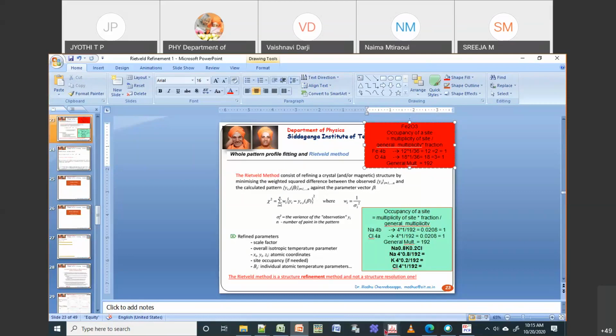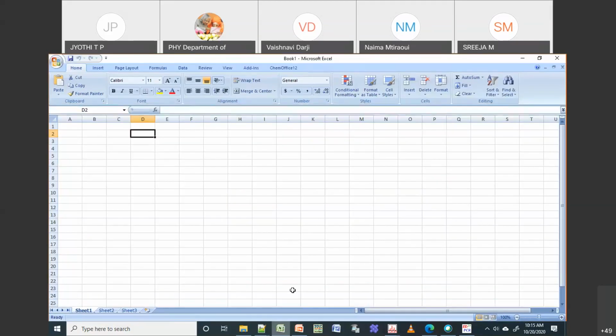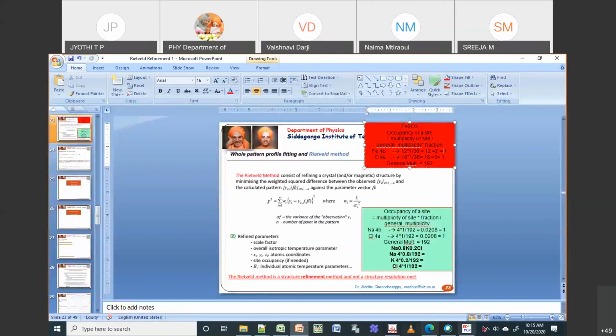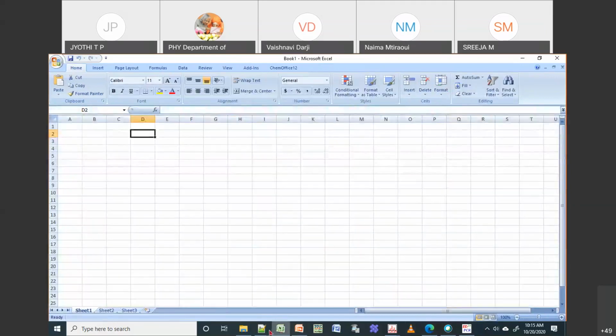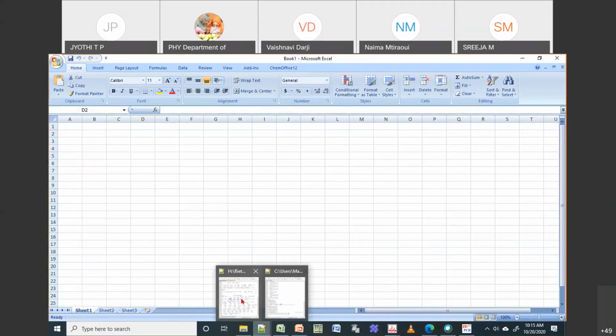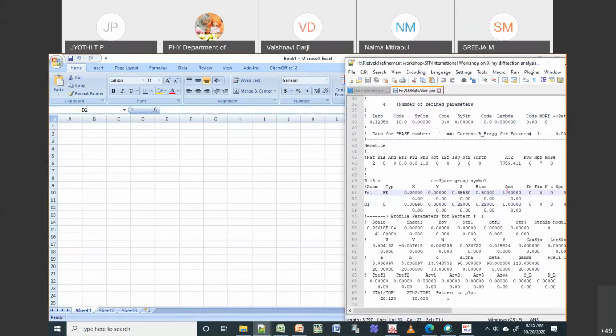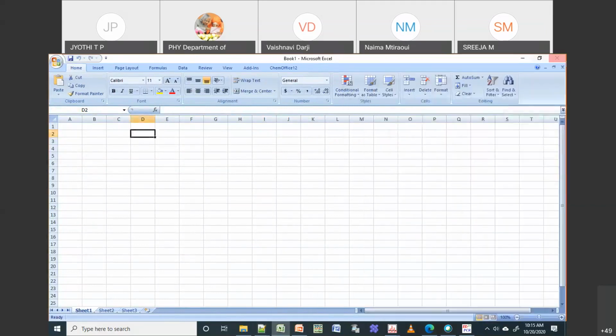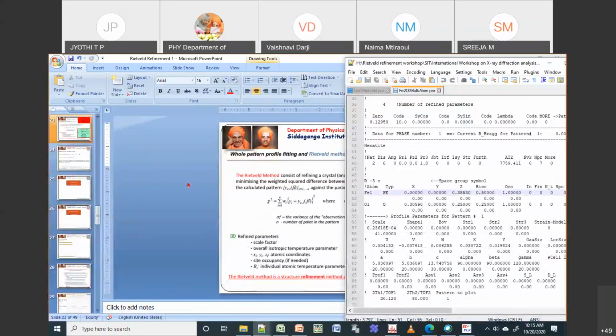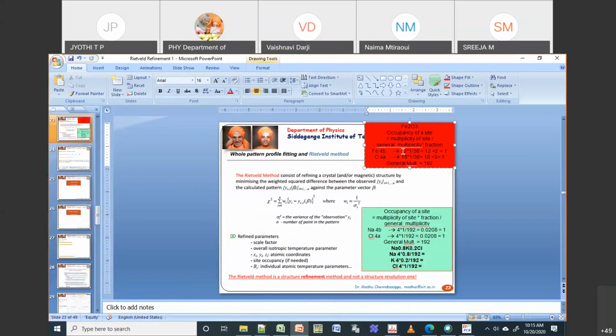This is what I did in the previous case, when I was running the program, I kept it as 1 1. So you can see occupancy was 1 1. That means this is already taken care of in terms of your sites. So 12 site and 18 site, so this will come as the 2 by 3.